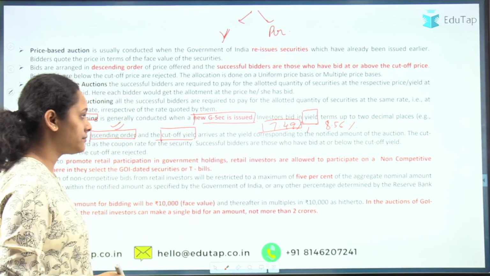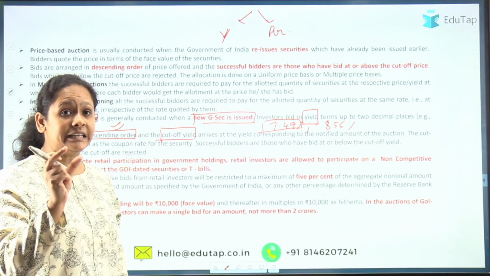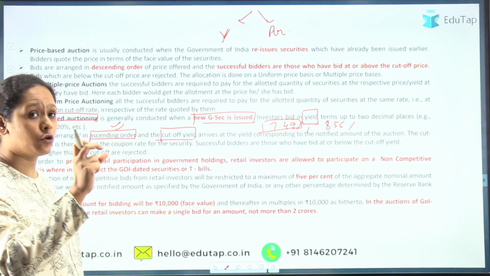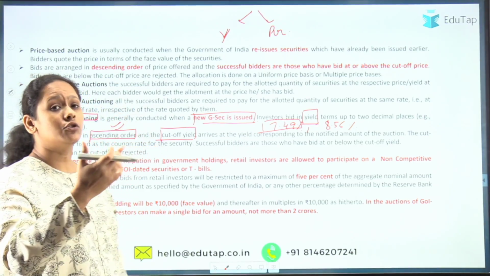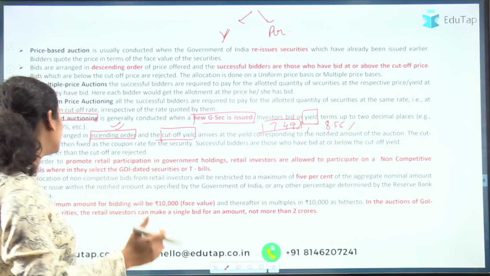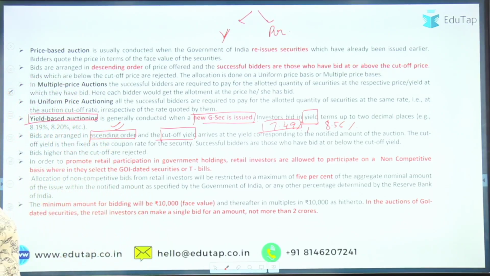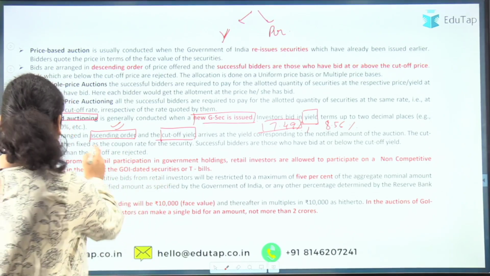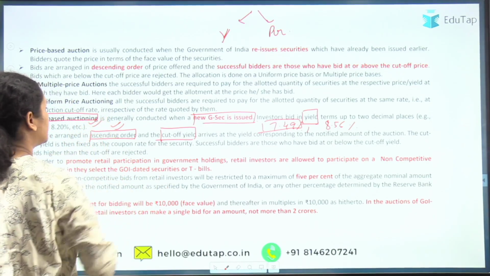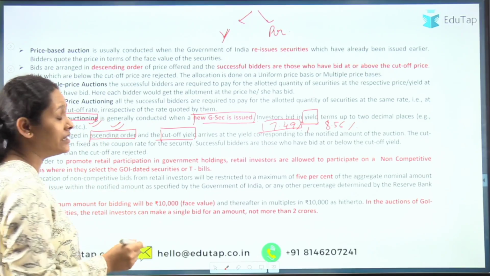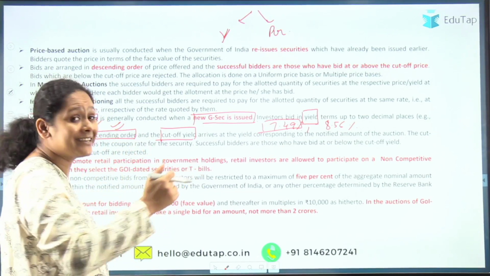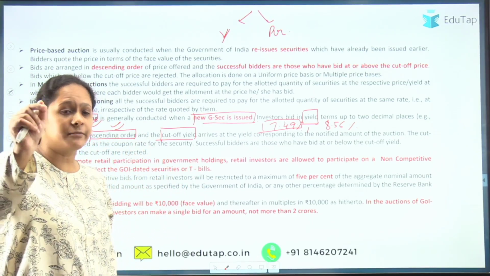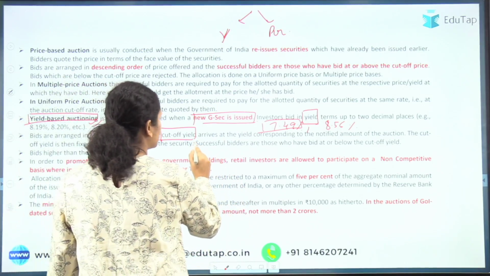ठीक है. और ये कट ऑफ यील्ड है जिसके बेसिस पे आपको एलोकेशंस होंगी. तो अब किस किस को ये बिड्स एलोकेट होंगे? प्लीज कीप इन माइंड दैट द कट ऑफ यील्ड इज द वन. इन केस ऑफ यील्ड बेस्ड मेच्योरिटी में क्या है कि उन बिडर्स को मिलेंगी जिनने कट ऑफ यील्ड के नीचे या उस पॉइंट तक बिड किया था, ठीक है।